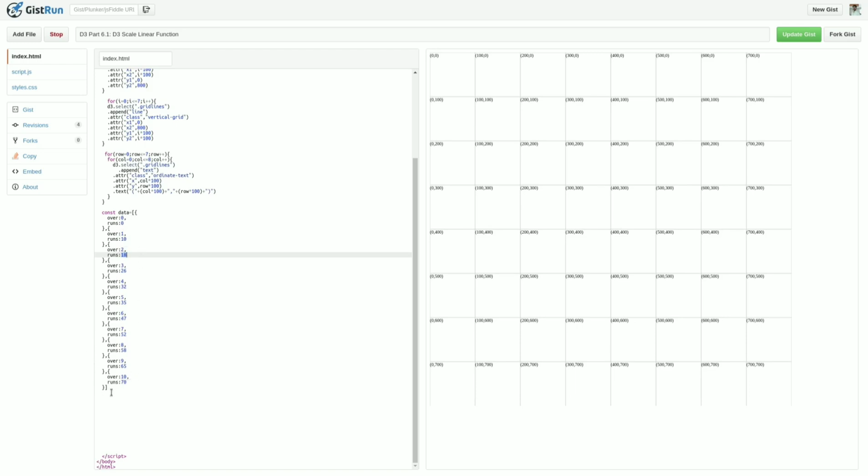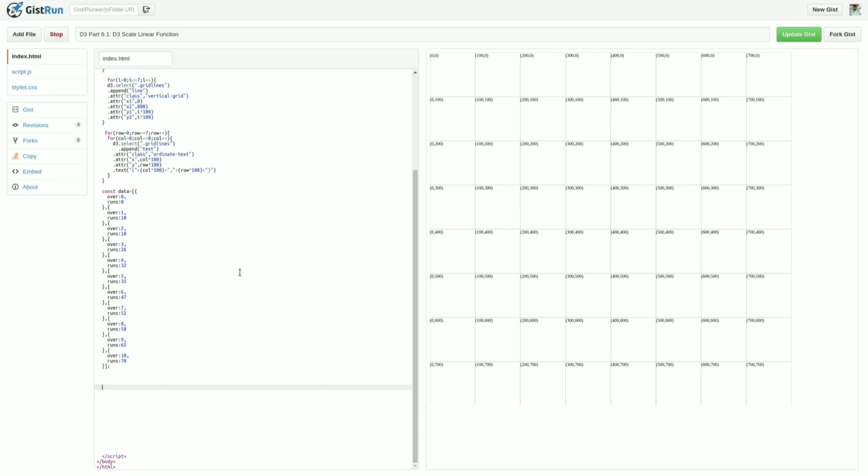Now I want to create the D3 scale linear function. So what we will do here, now I want to represent a simple circle based on these runs in this SVG.